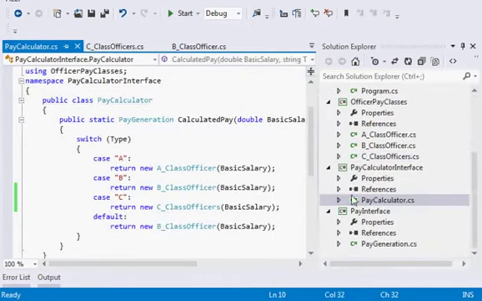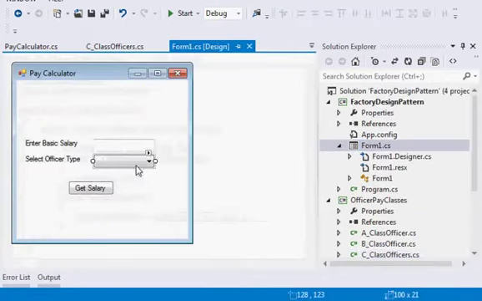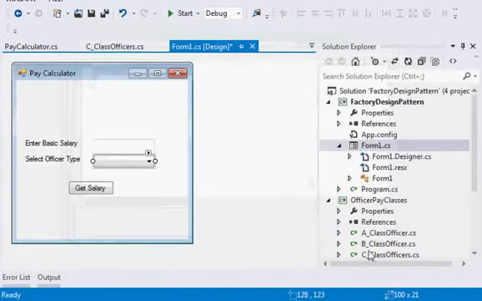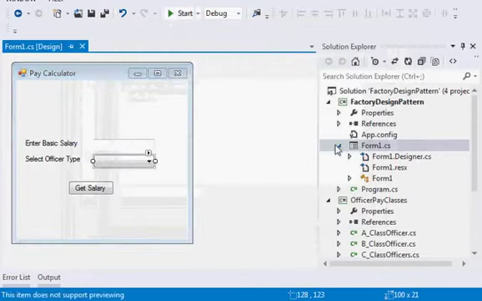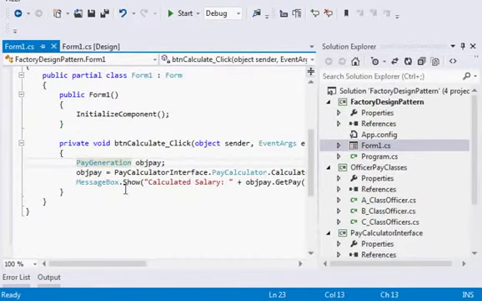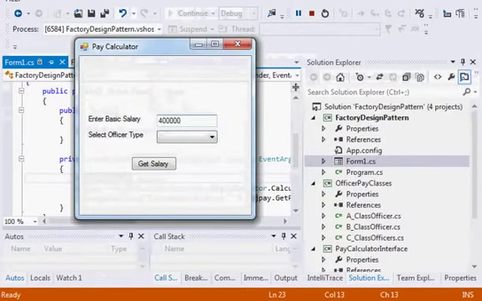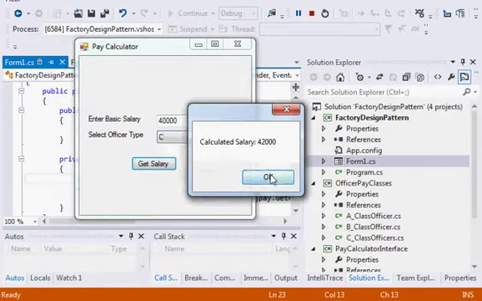And now for the class C, let us modify the formula, like suppose I want to give a 5% hike, and in the front end let us add one more item for the combo box to get selected. Okay, now in the front end we didn't do any special code change. The code is same, and when we are inputting the salary, suppose this is the salary, and I go for the class C, the salary will get calculated according to the class C formula